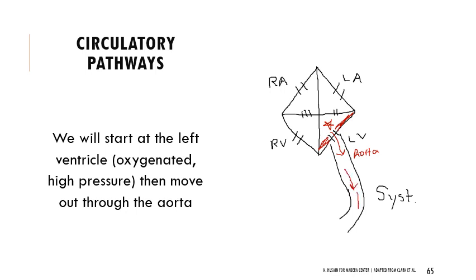So it's going to keep flowing. Gas exchange is going to take place at the capillaries throughout the body. So oxygen will go into the body tissue. CO2 will go into the blood. And then we have deoxygenated blood making its way from the body